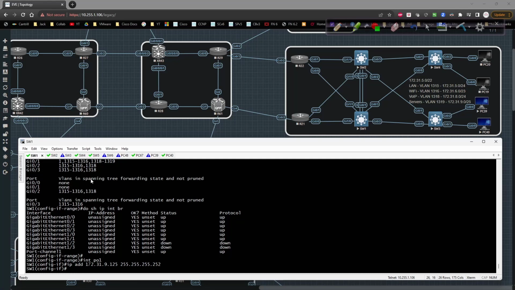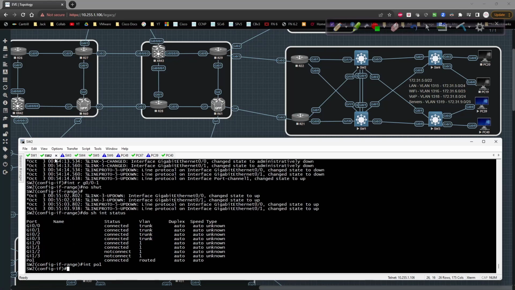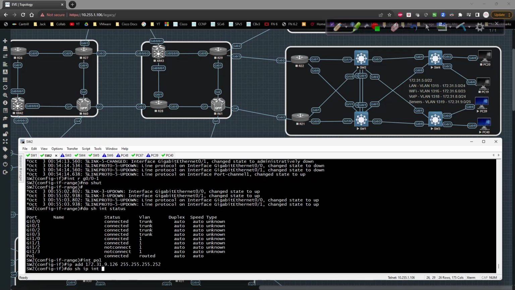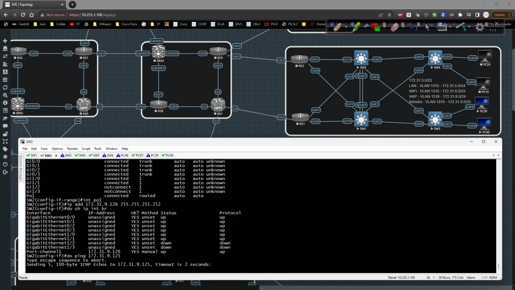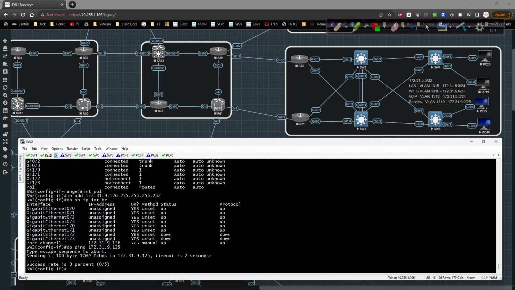Okay, and then we'll do the same thing over here. We'll type in the IP address here, it'll be 172.31.9.126/30. So do show IP interface brief. So we'll ping 172.31.9.125, and that should ping. Hopefully. It may not. I might have my math wrong on the subnetting, but